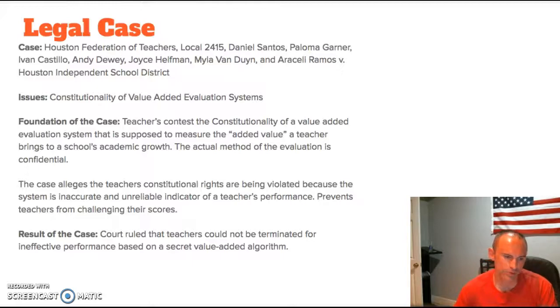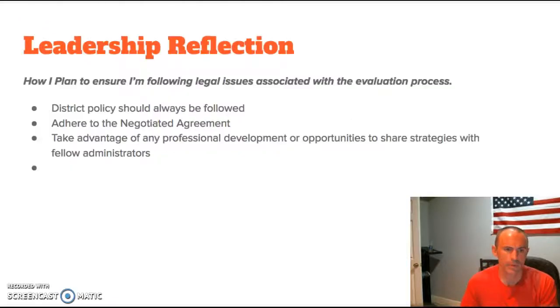The result of the case was the court ruled teachers could not be terminated for ineffective performance based on a secret value-added algorithm. That basically took away their due process rights and violated their constitutional rights. My leadership reflection: I plan to ensure I'm following legal issues associated with the evaluation process, basically